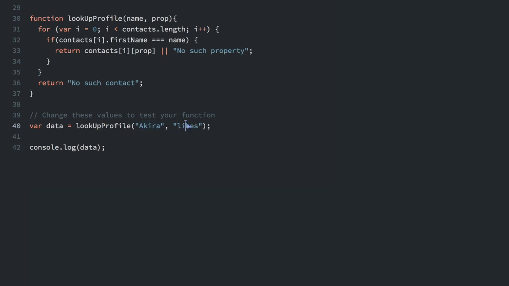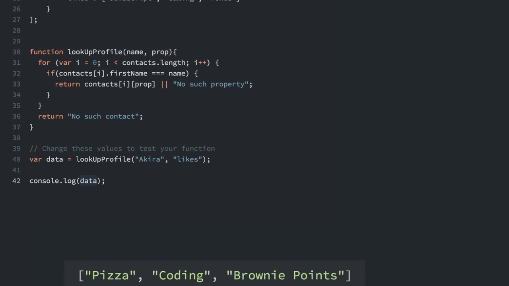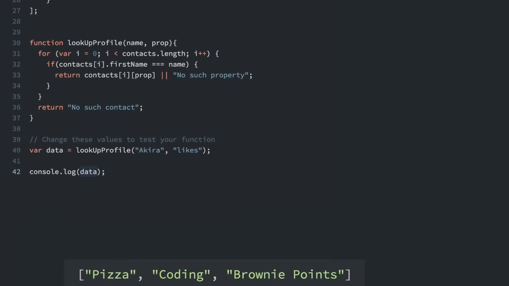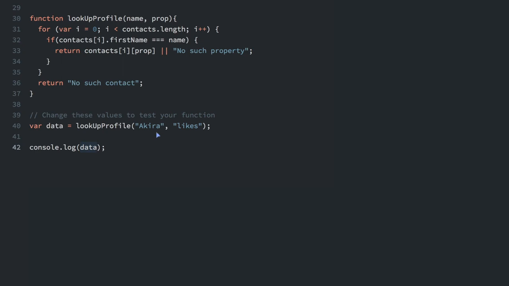We're passing in Kira, and we're trying to find the likes. And we're console.logging the data: pizza, coding, brownie points. So what if we passed in something else? If we passed in Sherlock, we pass in last name,